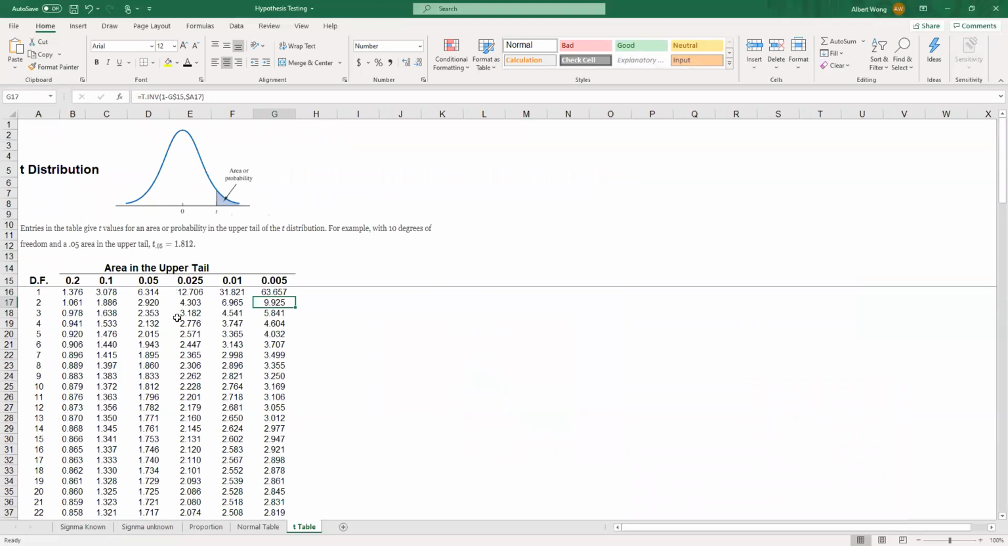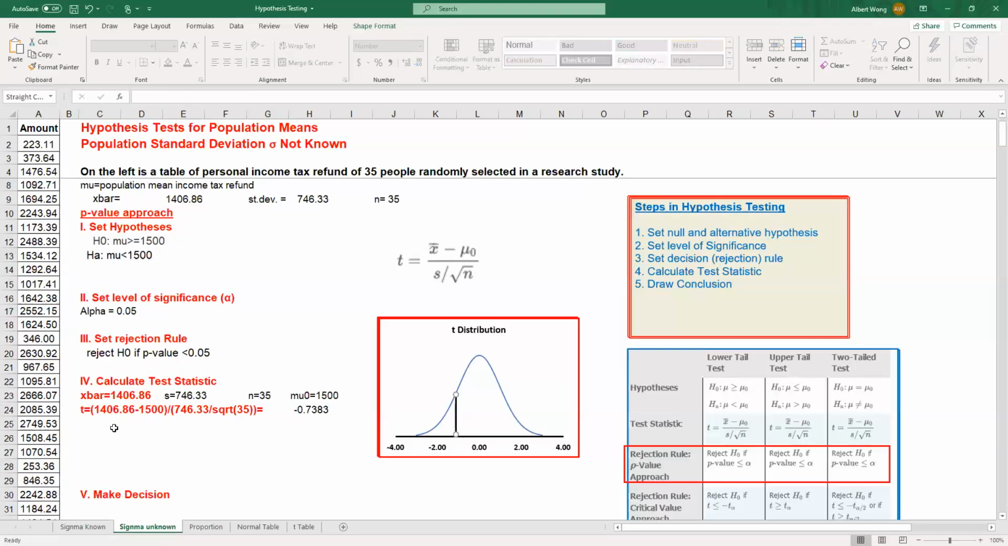The t-table only gives you, for different degrees of freedom, the area at selected points. So the t-table is not useful. We can only do approximation. But if you really want to be accurate, you can always use Excel. So in Excel, we can use this function: equal sign t dot dist, and the point that we're looking for, negative